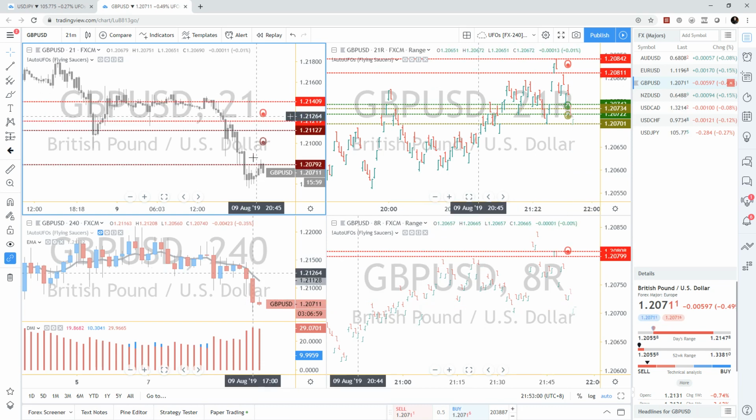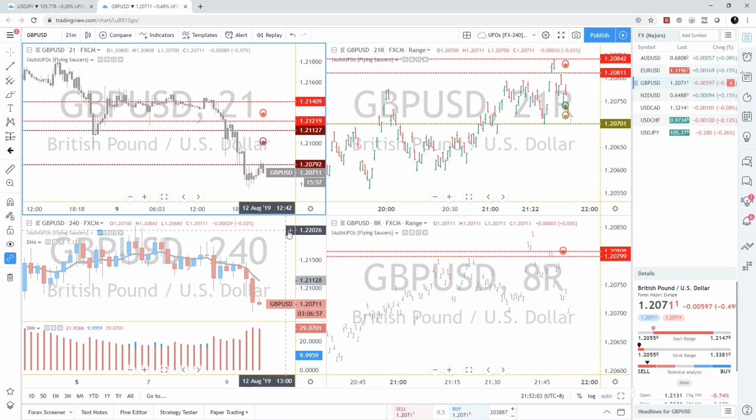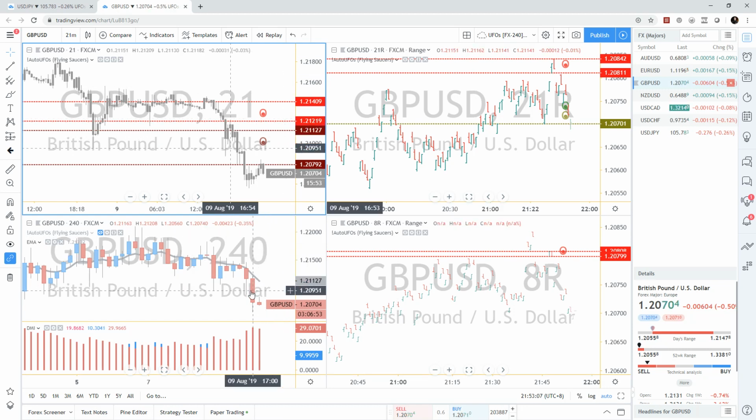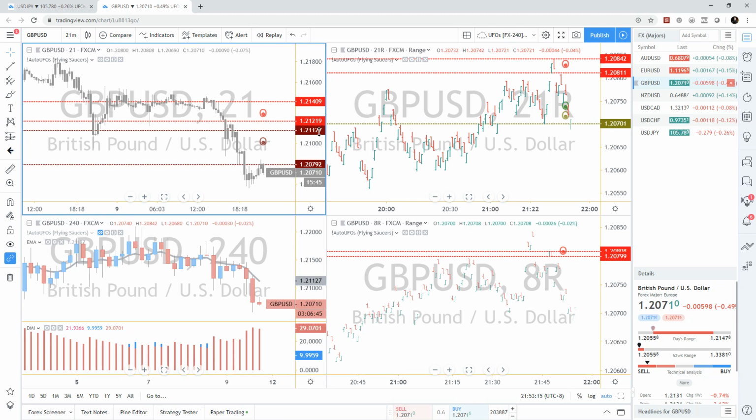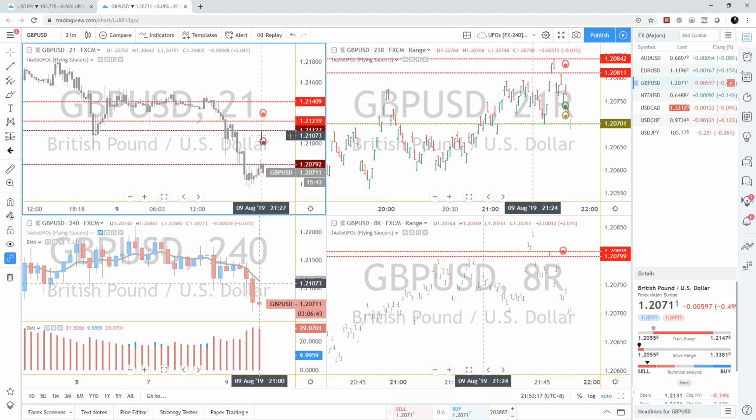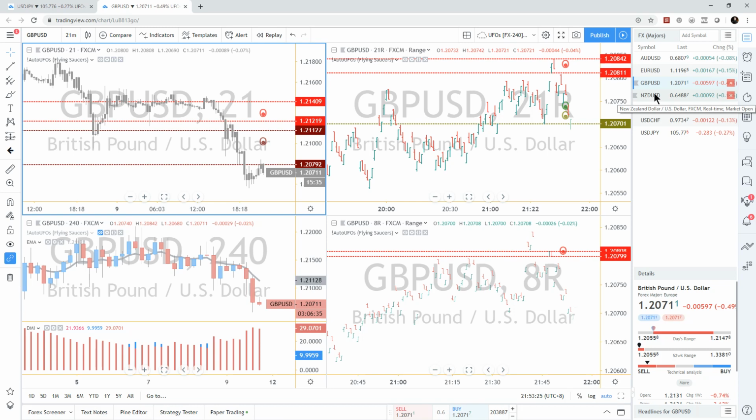The pound confirms the same thing we saw on the 60-minute time frame, where we have a close below with the red DMI. The average is 121.12. It happens to be the top part of this UFO. So very similar setup to what we have in the 60, and because we have already covered the 60, I'm just going to go ahead and do the New Zealand dollar, but I would say that